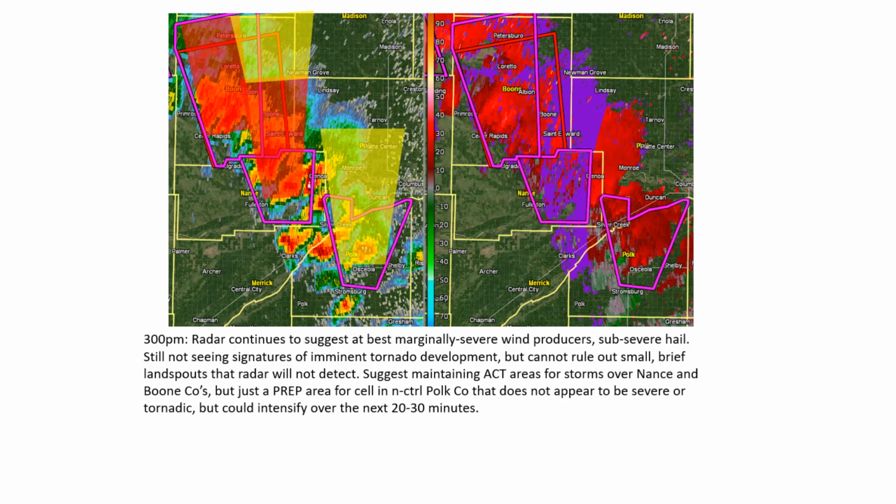chat message. We have a new tornado warning out east for this lone cell north of Osceola that is not severe yet and not showing any significant rotation. But there is potential in this environment for the storm to become severe in the next 15 to 30 minutes, and so we would have a prepare area for that.